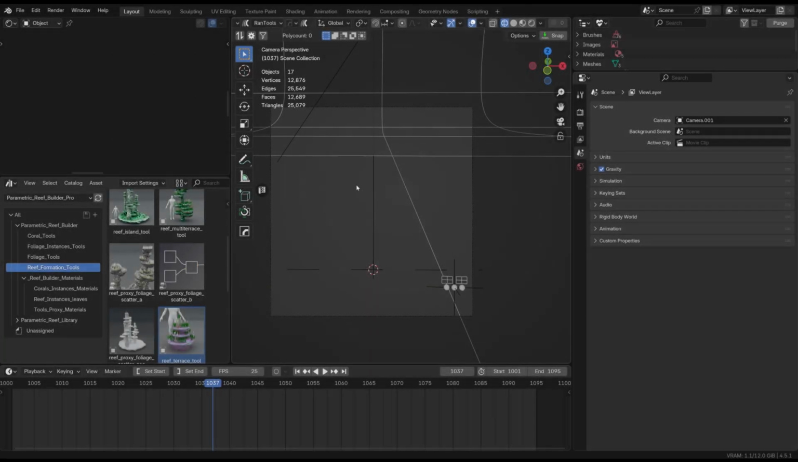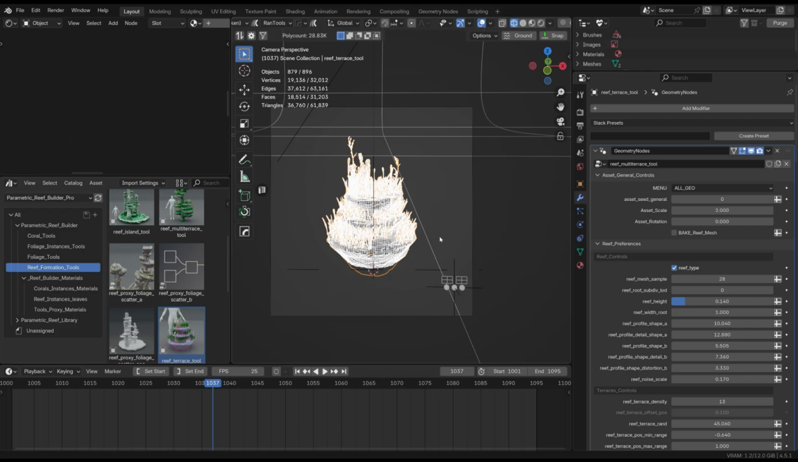Let's see what's next in the tool menu. We have the multi-scatter system, the island tool. Let's try the terrace. So those three ship with foliage as shown here,